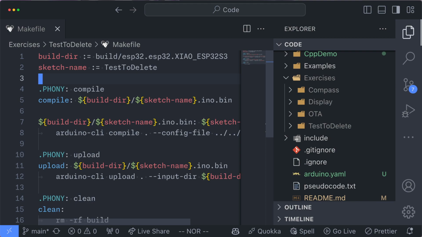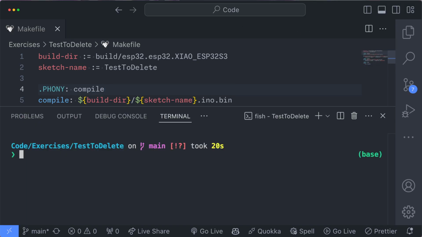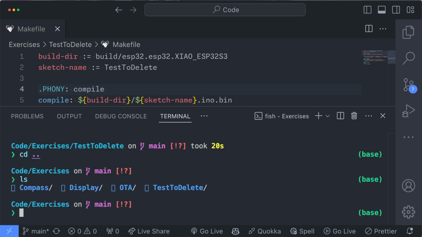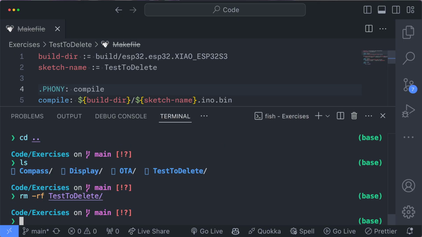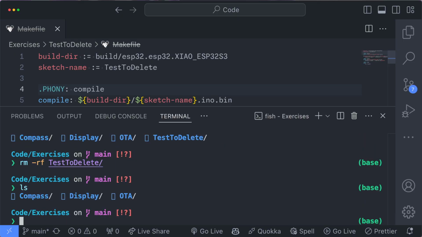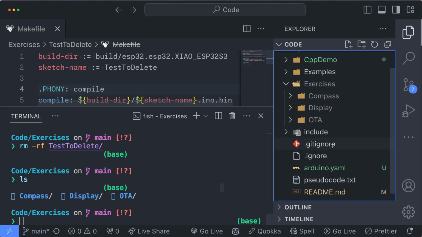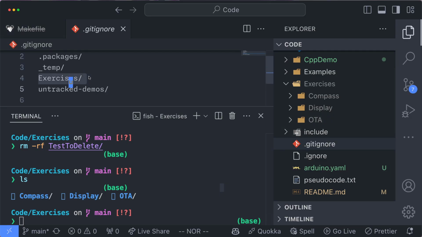And the last thing I should do in this final video is to do a little bit of cleanup. I'll remove the blank test. That doesn't do anything. And since this exercise directory is not under version control, in fact it's explicitly ignored in the gitignore, because that's